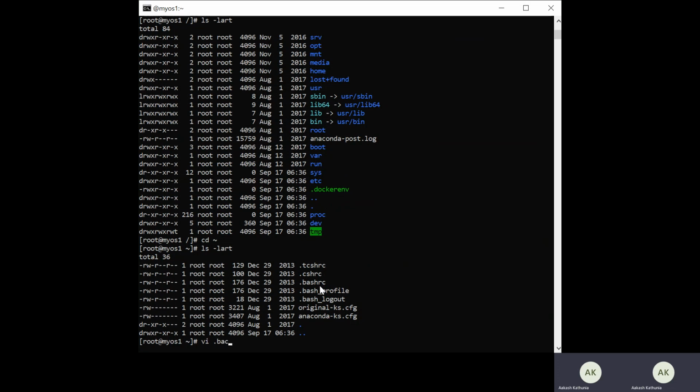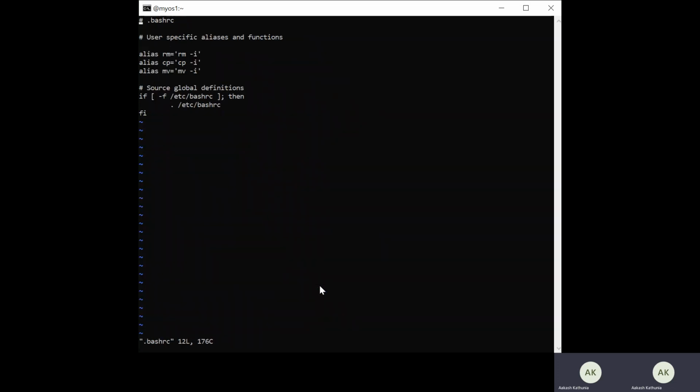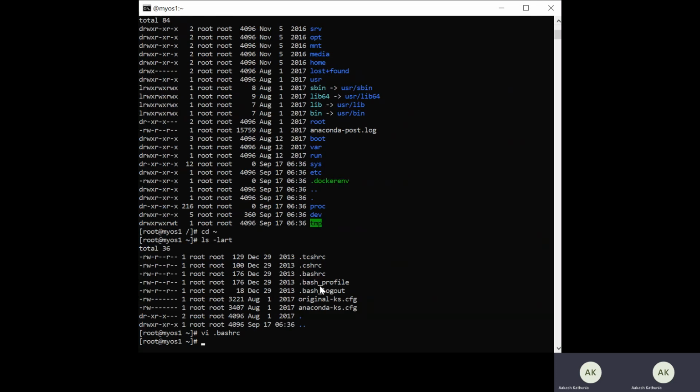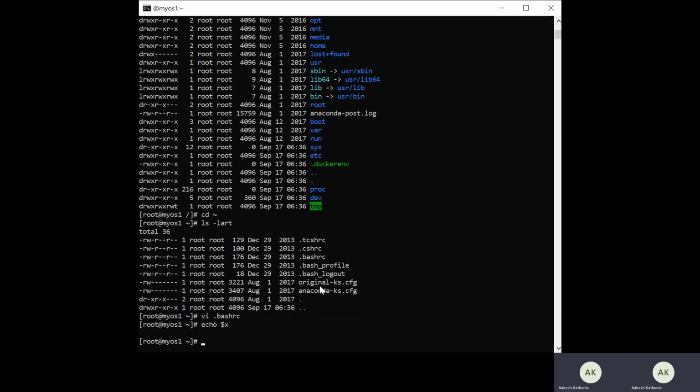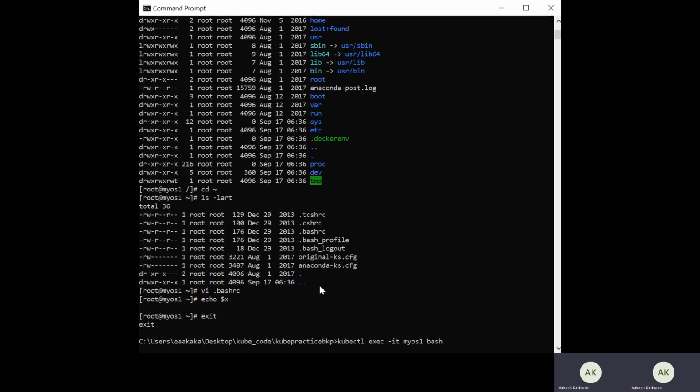If I go into the .bashrc file and at the end write x=5, and after writing it come back out, then do echo $x, it is not showing. So I need to exit and then enter again.